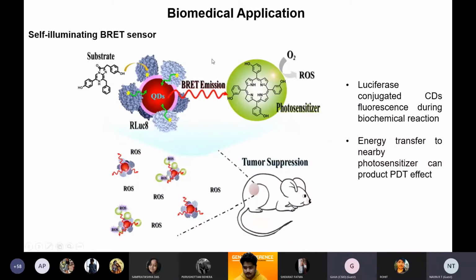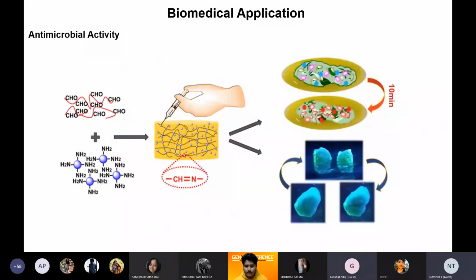Even if we don't have any photosensitizer here, we can still use this BRET emission for biosensing purposes. So another application for BRET is biosensing. Up till now, all the studies that I have quoted were basically cellular studies, mammalian cell studies, for anti-cancer purposes. Now there are also examples coming out for antimicrobial activity of carbon dots, where the